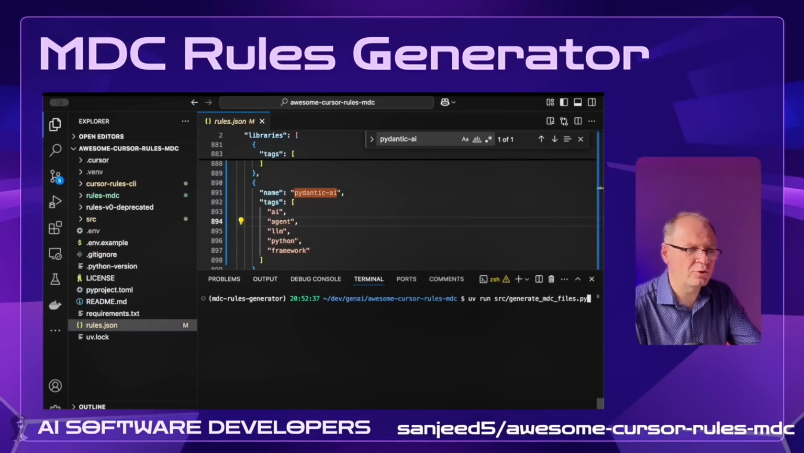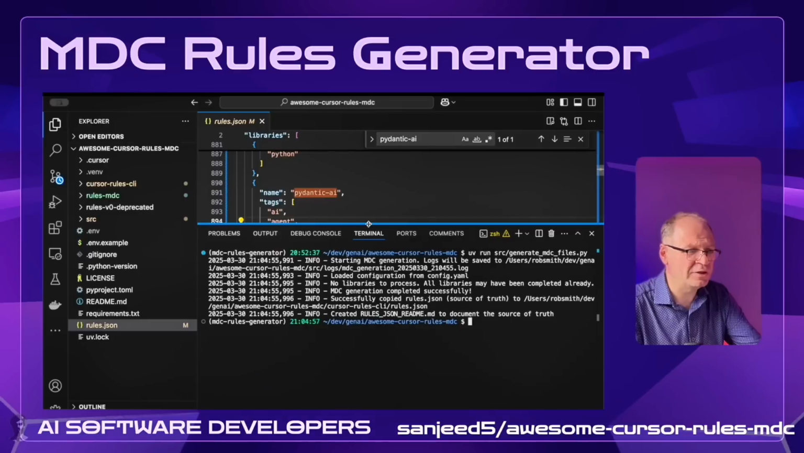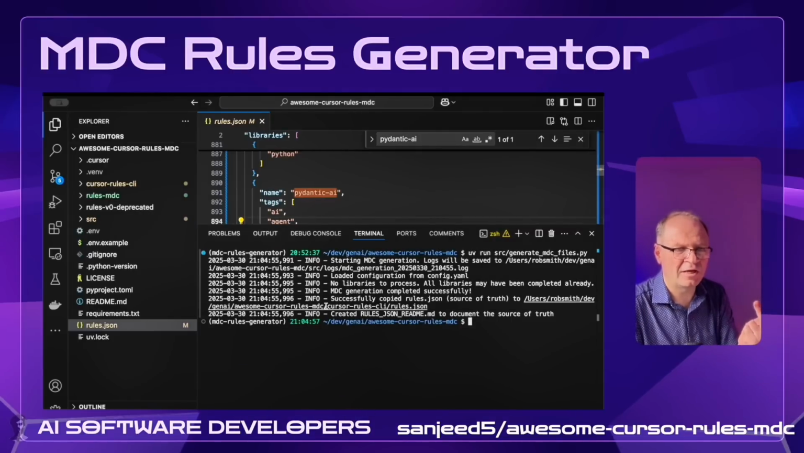Open the integrated terminal and run it with uv run src generate mdc files.py. Let's go ahead and kick off the script. Once the script finishes, hopefully successfully, if you have your keys and if you have the JSON file formatted properly, it should work. And now we can go back to the rules mdc folder and inspect and look for our